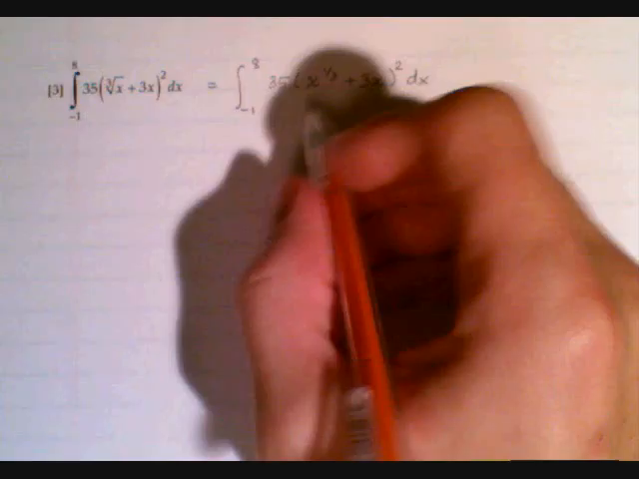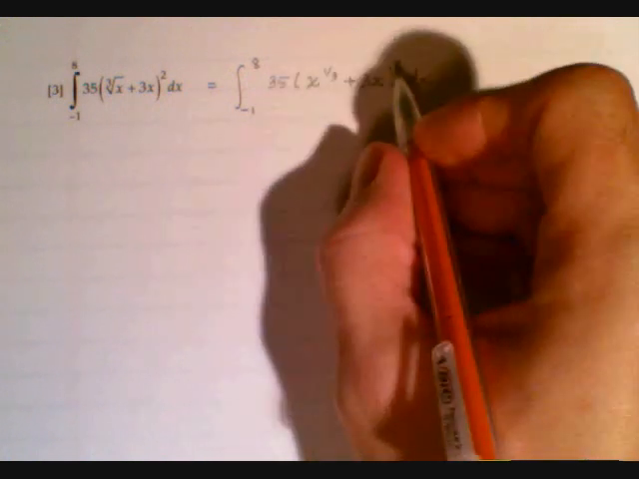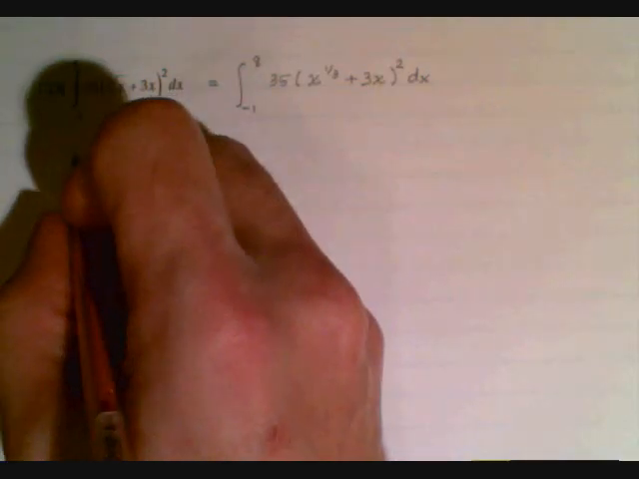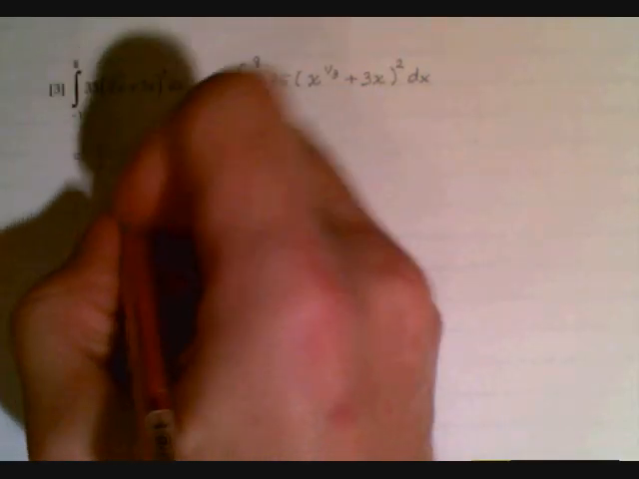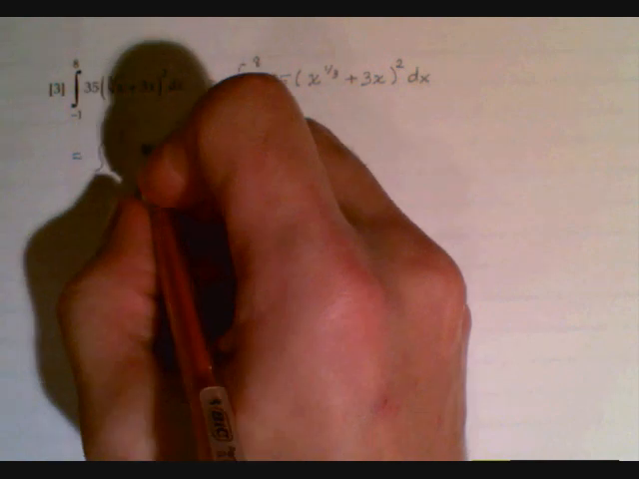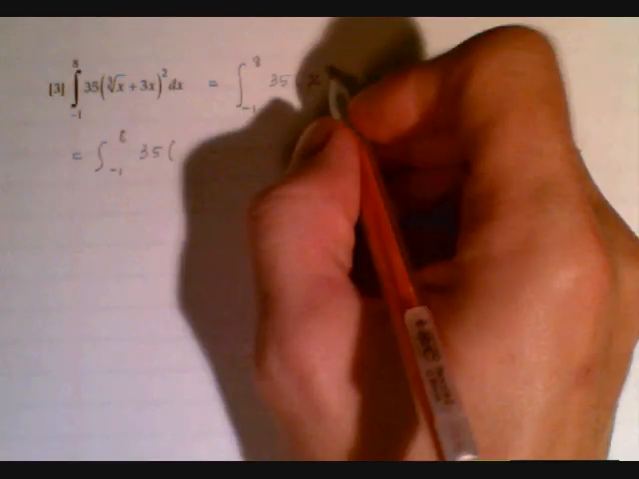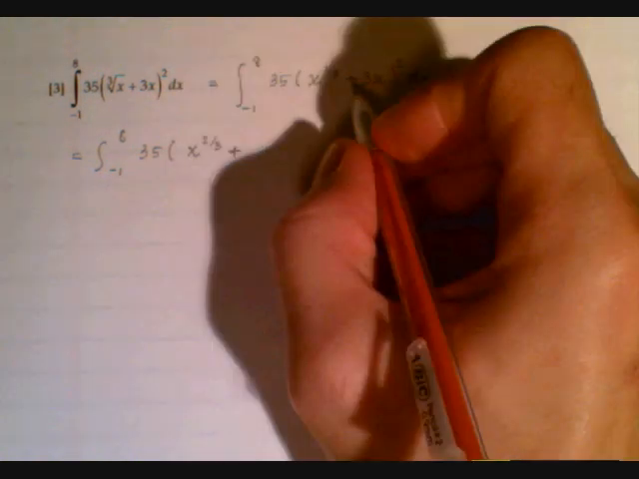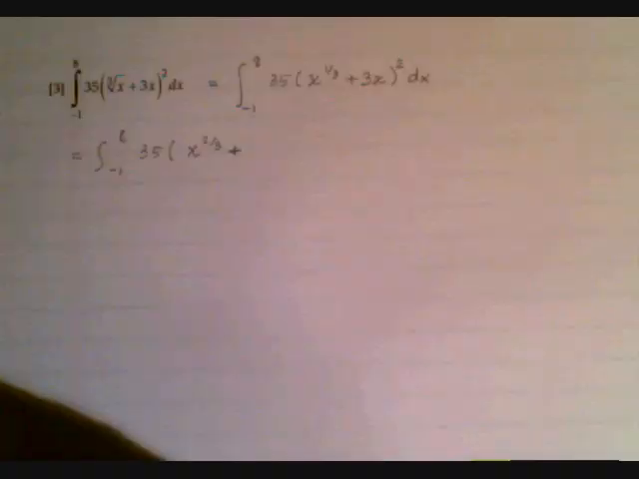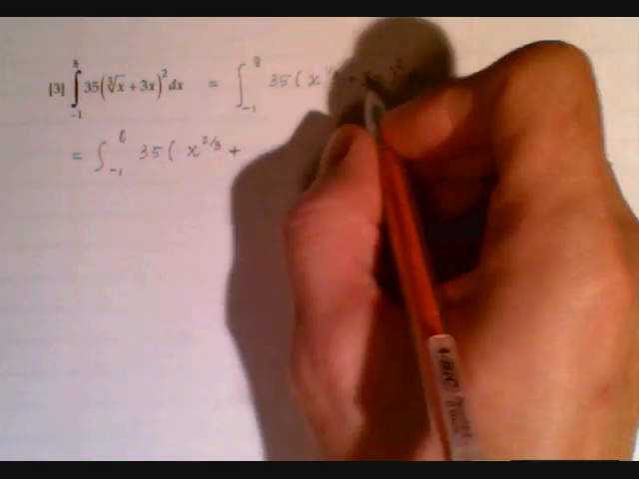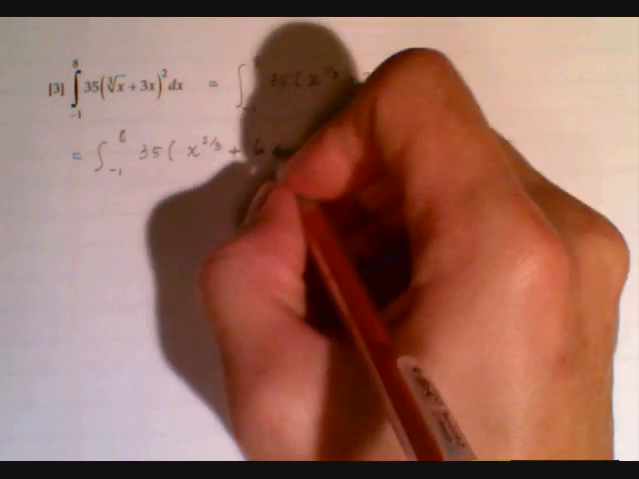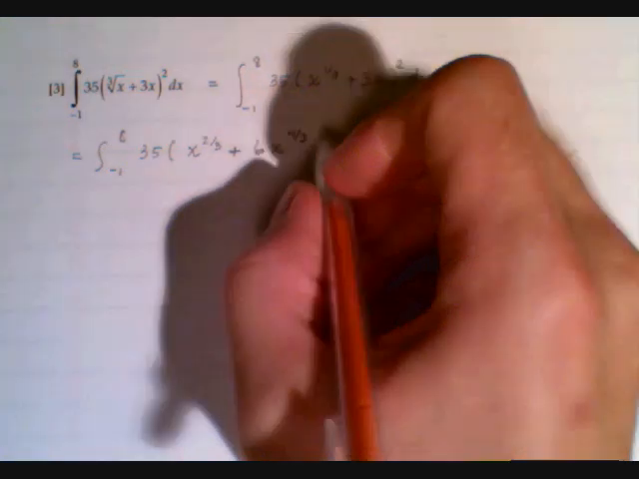And then what I need to do here is square out the x to the 1/3 plus 3x quantity squared. And when I do that, I get x to the 2/3 plus 2 times this, which is 2 times 3 is 6, and x times x to the 1/3 is x to the 4/3, plus the last term squared, that's 9x squared,